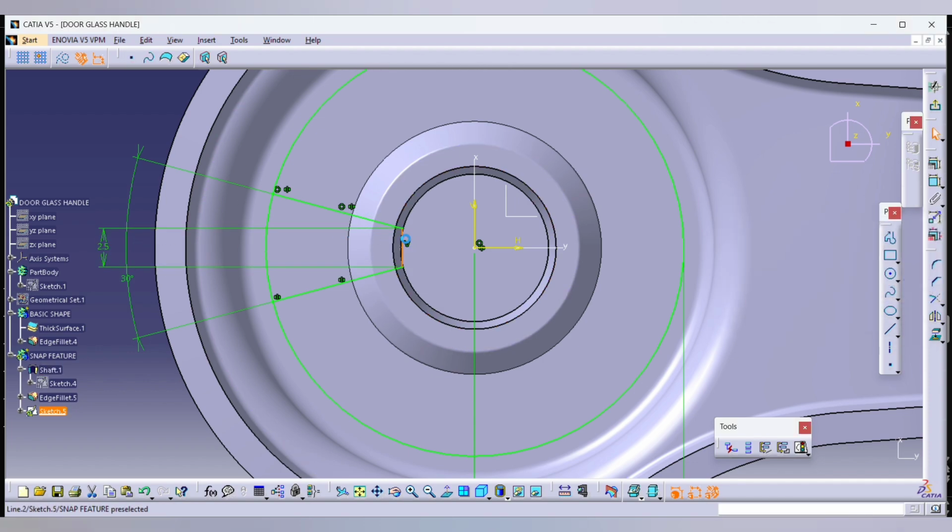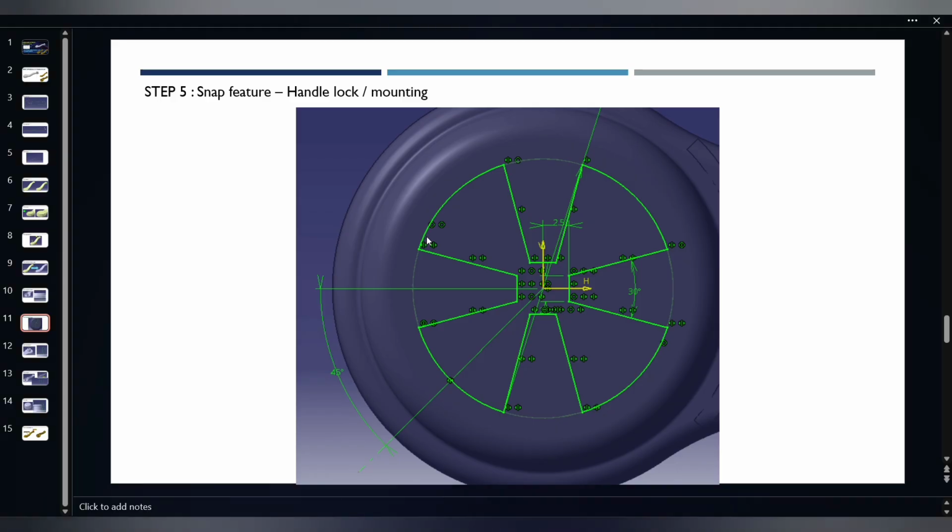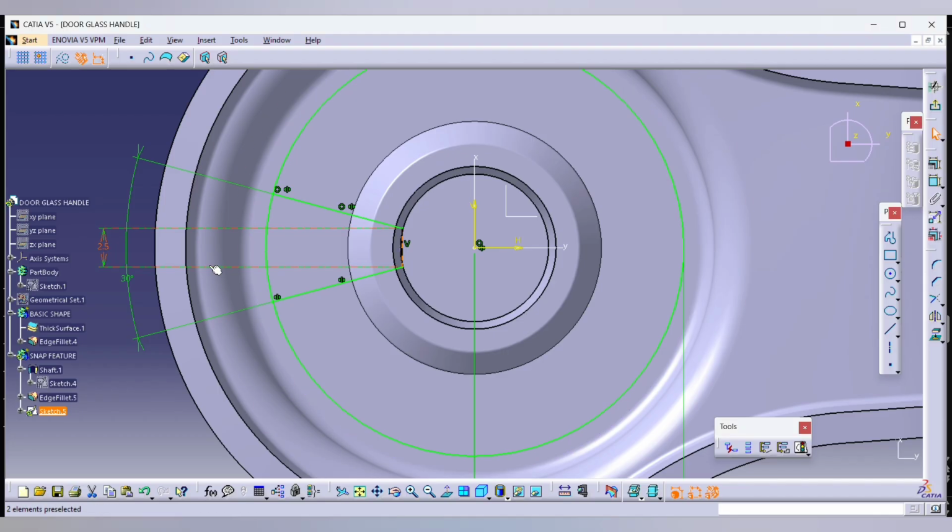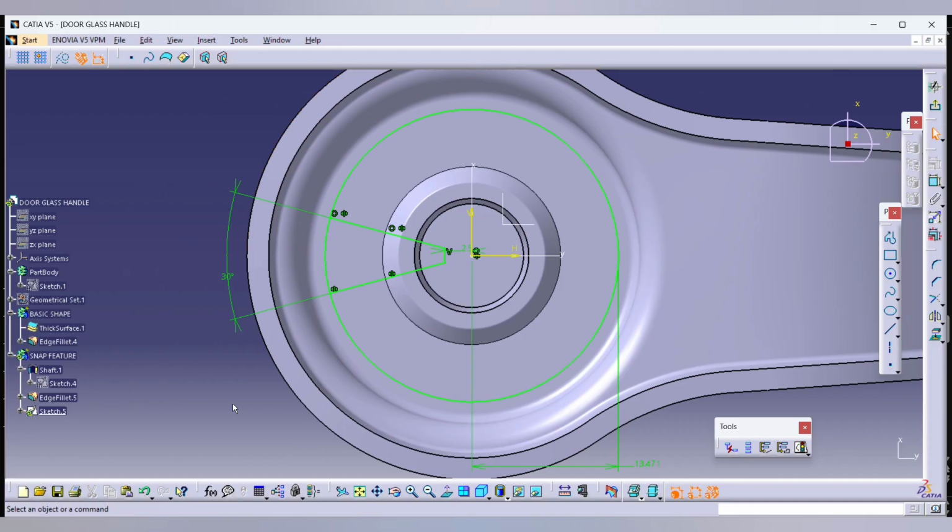2. No, I think this is a 2. This is not a 2.5. We have to give 2.5 from center. Okay, delete. 2.5 from this center. Yes. Okay, so now